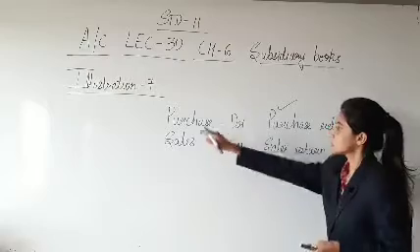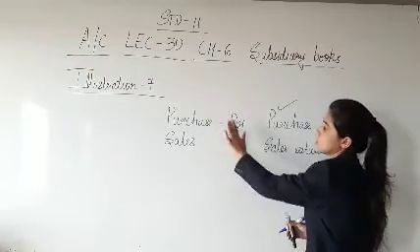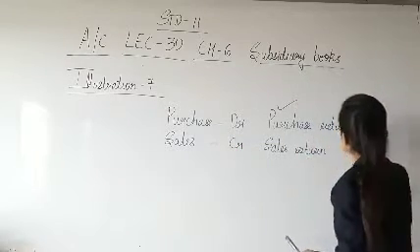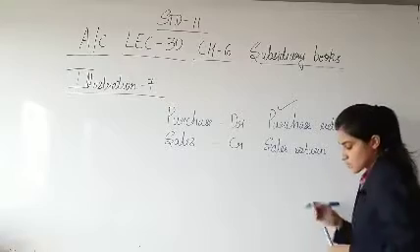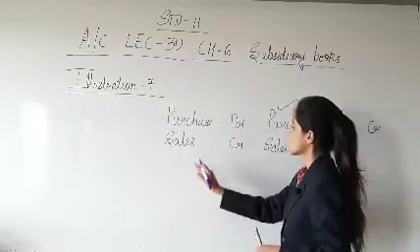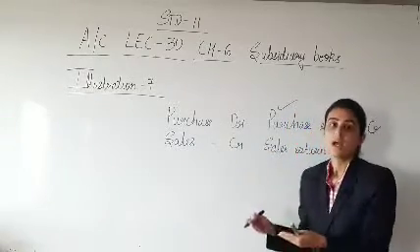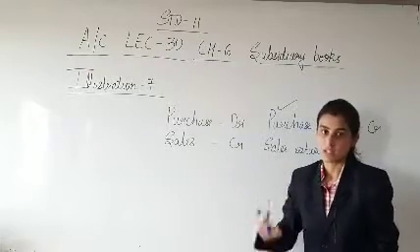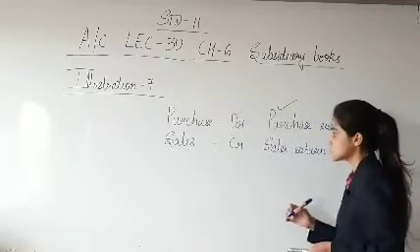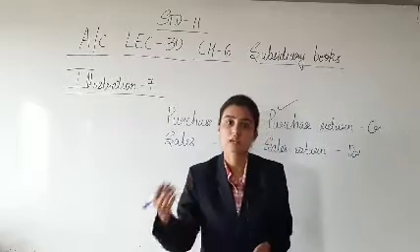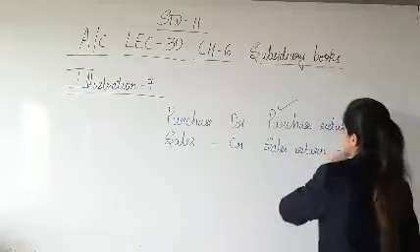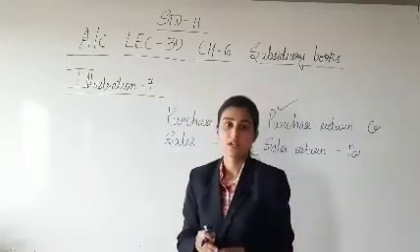Purchase is debited because goods come in, debit what comes in. The same goods when returned, goods go out and hence purchase return is always credited. Talking about sales, you are selling goods, goods go out, credit what goes out. The same goods, if they are returned by the customer, it becomes sales return and is debited because goods come into the business, having been returned by the customer. So this is all about purchase, sales, purchase return, sales return. This much should be clear in your mind.